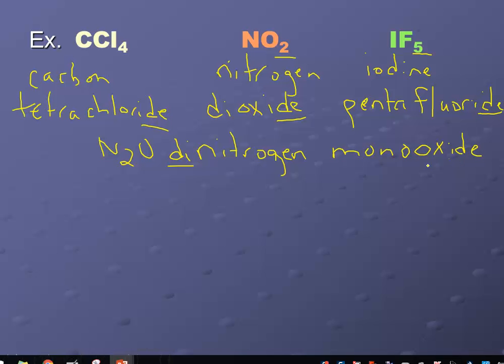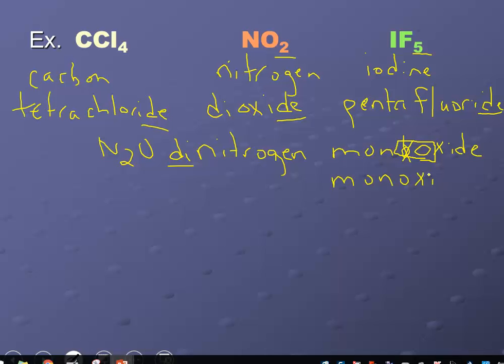Okay, now what you'll see here, you've got these 2 O's right here. Well, we have a little rule that takes care of those 2 O's. Whenever we have 2 of the same vowel next to each other, we're going to eliminate one. It doesn't matter which one, because it's a moot point of which one you do. So this actually becomes